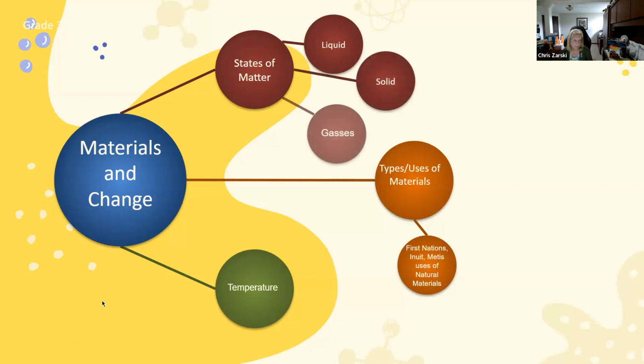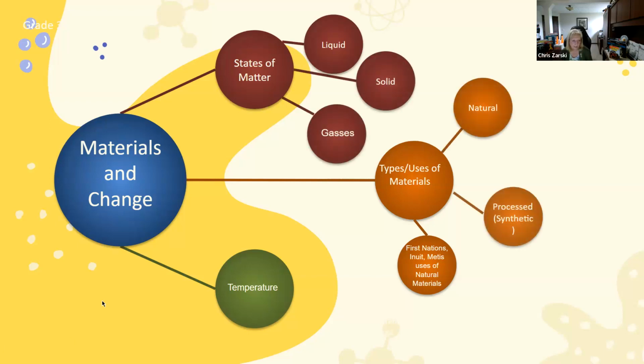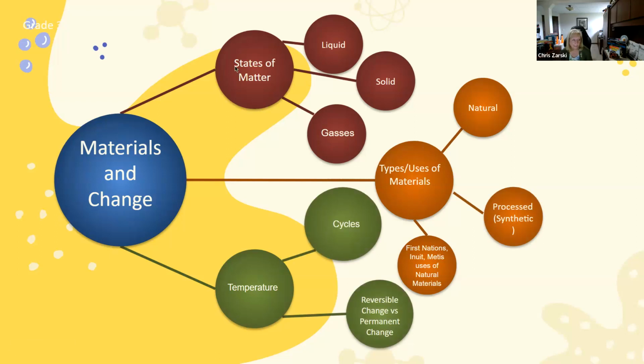And then in grade 3, we really kind of start to unpack things a little more intently. And we look at what are the states of matter of these objects that we're doing, or materials that we're looking at, the different materials. And if you don't think students know what a material is, then we'll unpack that in just a bit. So the different states of matter, we talk about how materials could be used.